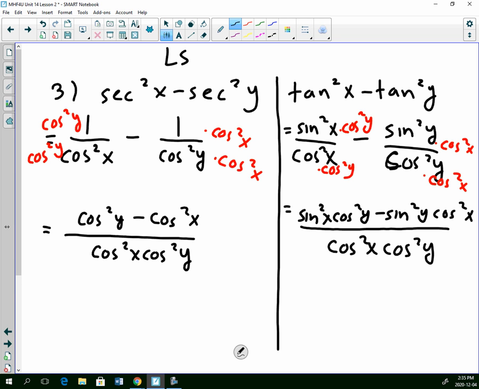So when I compare, I will notice that the denominators are the same. So that's good. The denominators are the same,